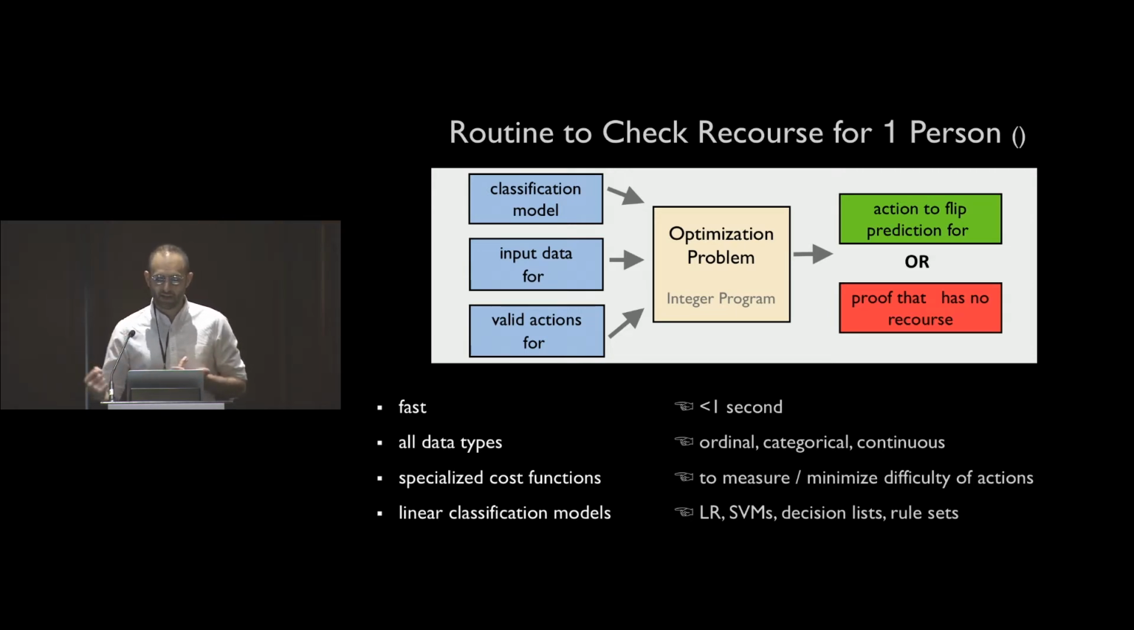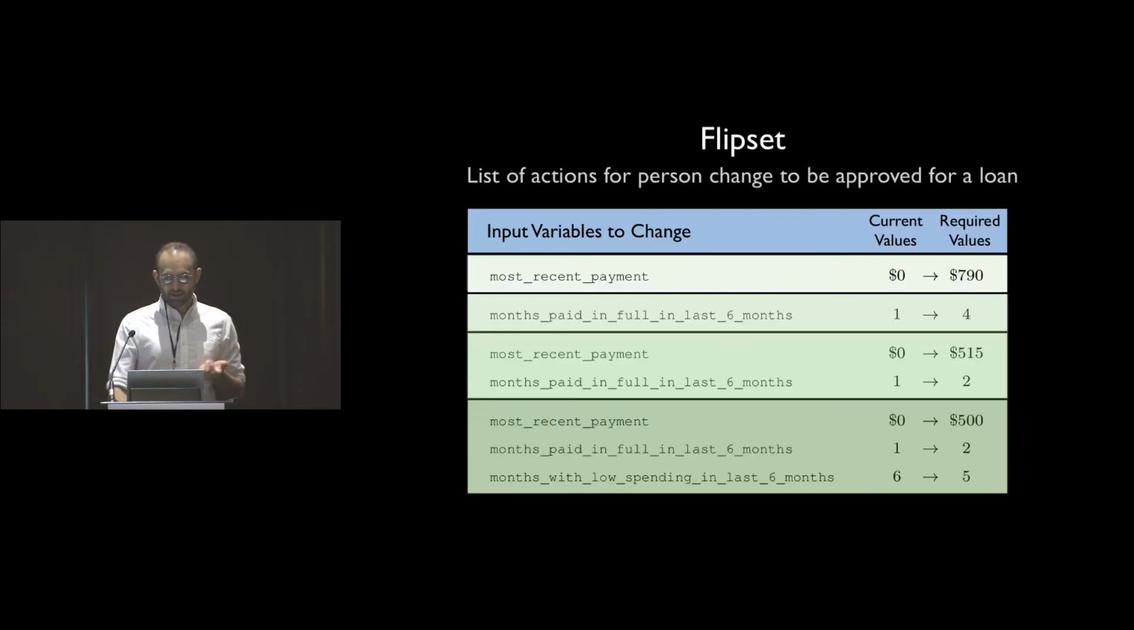And what these things do is that if a person has recourse, well, then they allow you to choose between different actions, and then also measure other quantities of interest with regards to recourse. So how do we use this thing? Well, the first way that we use it is to build what's called a flip set. So a flip set is a list of actions that someone can take in order to flip the prediction of a classification model. So here we just run our routine several times and enumerate different actions that will flip the